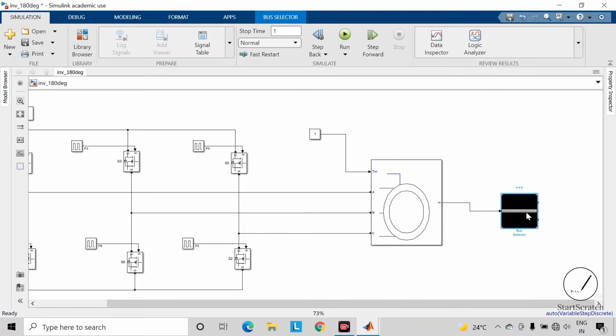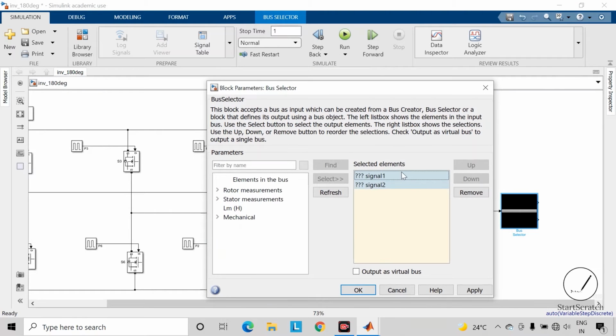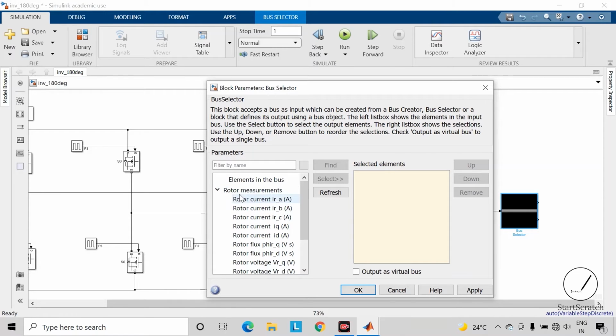Open this bus selector. Remove these previous signals. In this parameters window, you can find different parameters which are available for this induction machine. So here you can get various rotor parameters such as rotor current.